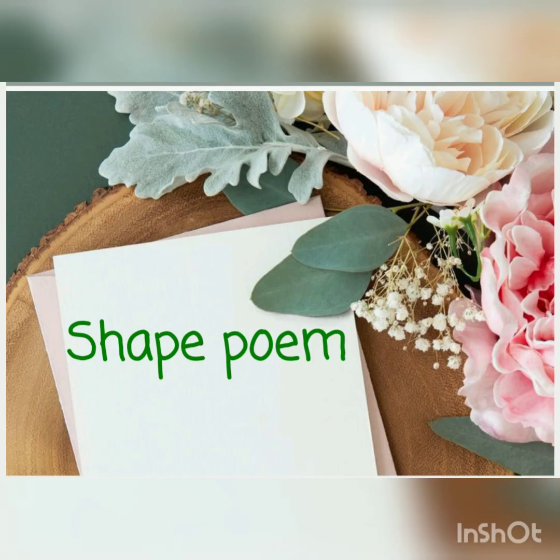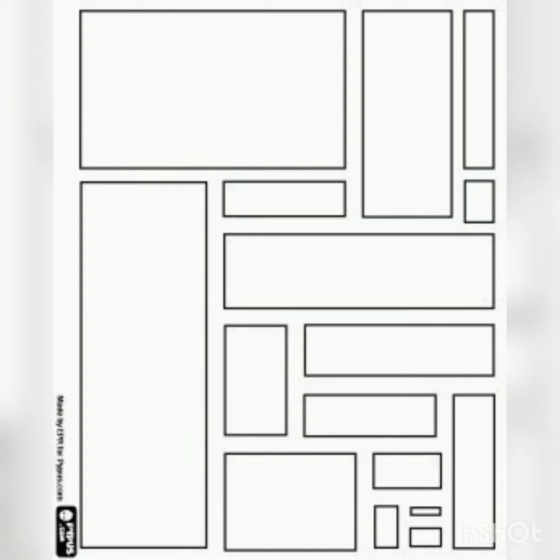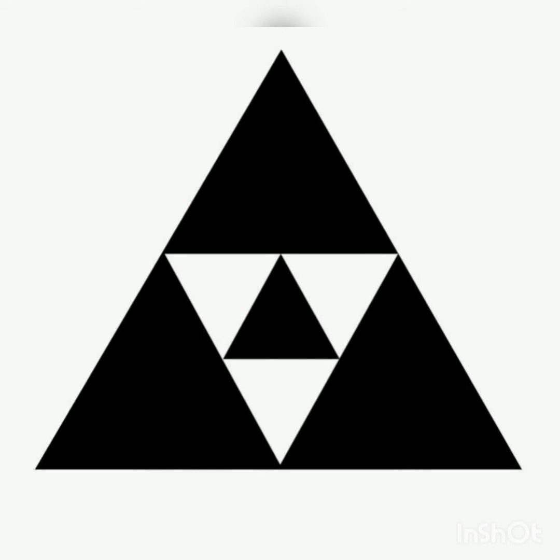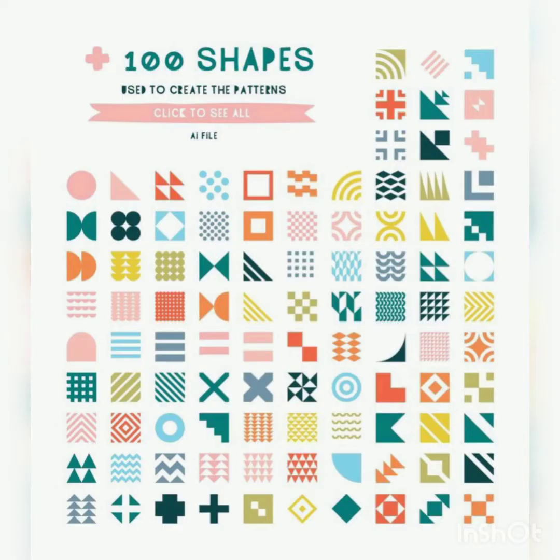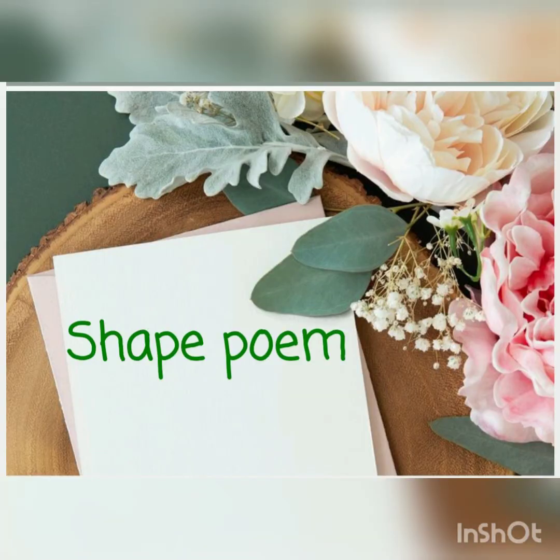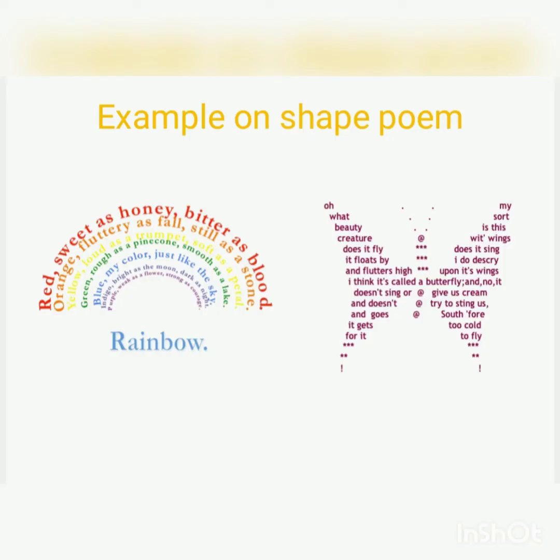Our next topic is shape poem. Shape, when I say this very word, every one of us knows what shape is. So shape, it can be round, it can be rectangle, it can be triangle, it can be straight, or it can be of different shape. So this shape poem is different from the other poem. So, a shape poem is a poem that takes on the shape of the things you are writing about. So, if you want to write a poem about a rainbow, for example,